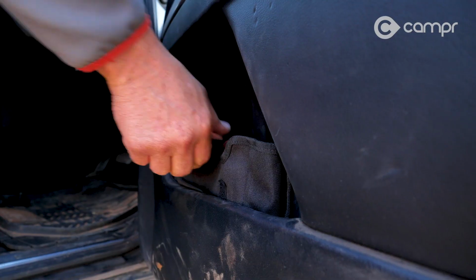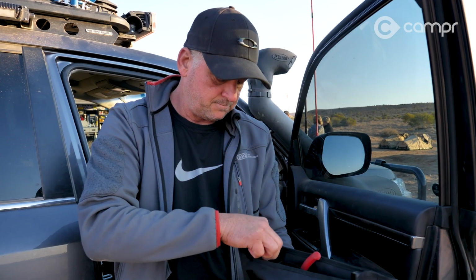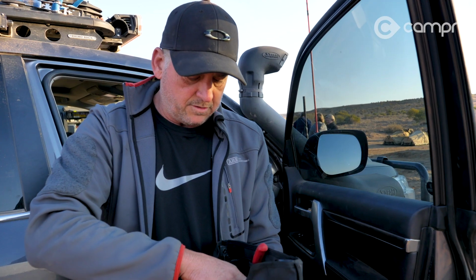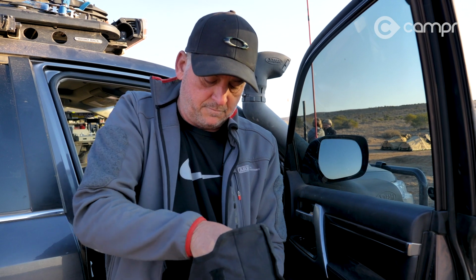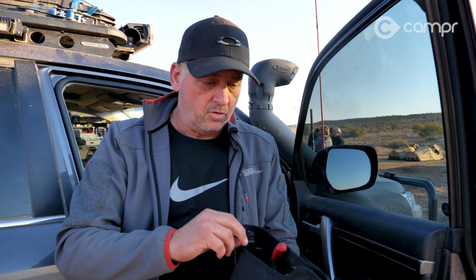Guys, a little camper hack might come in handy one day. It's a little door pocket organiser, I guess, but you know, head torch, multi-tool of some description, torch, you've got your BP51 adjusting spanner, screwdriver, just the basics that you seem to use throughout the trip. It's just amazing how good it is and how convenient it is when you know exactly where it is. You're always thinking, where do I get a set of cutters to cut the cable tie to add something to the roof rack,